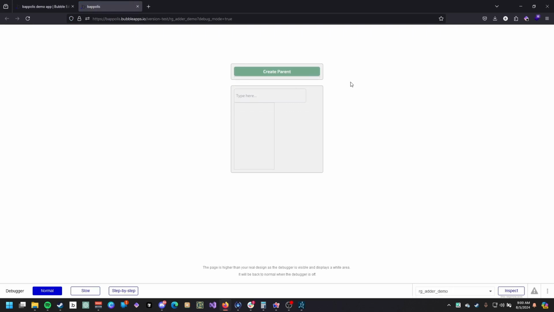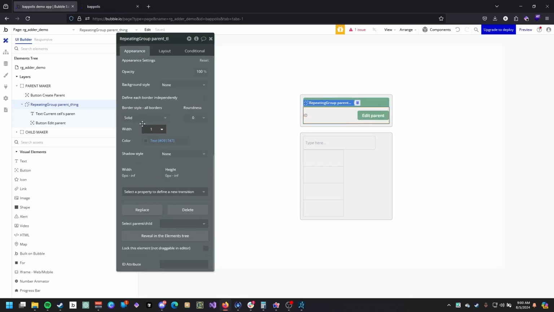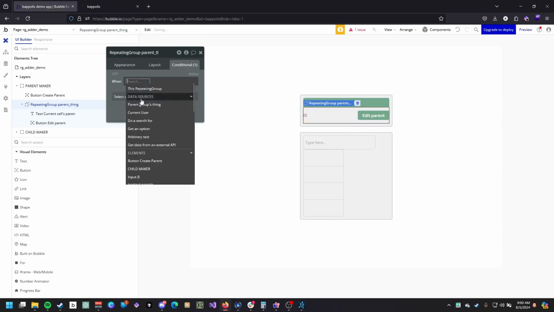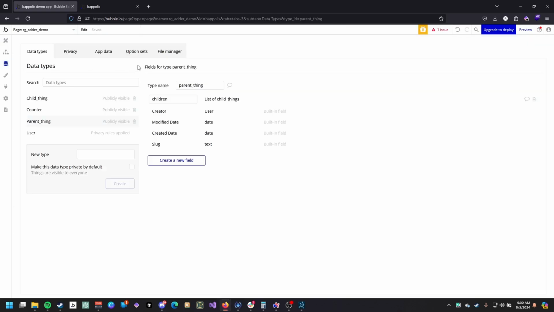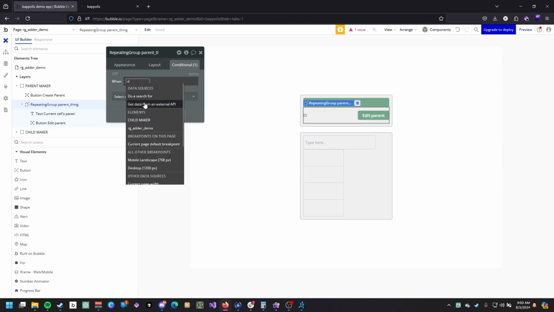Go ahead and preview here. Shouldn't really look like much. That's what we want. All right, got that. Now we're gonna get rid of the border style, get rid of that. And then we're gonna add a conditional when, so what we're gonna do here, yeah. So I'm gonna do a search for,